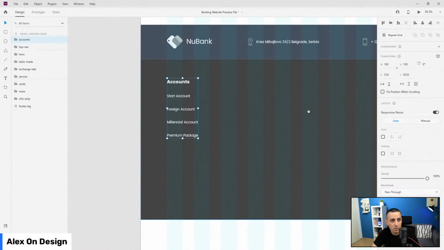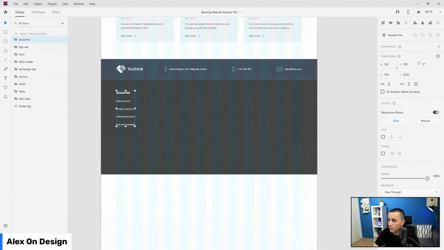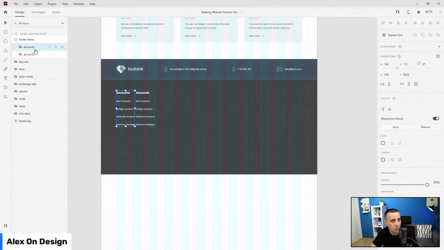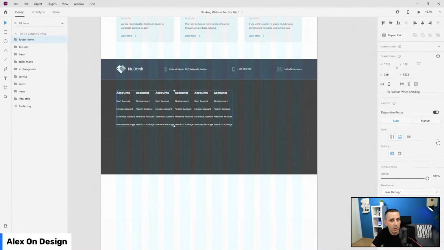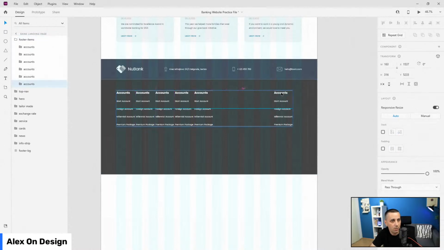And let's see, now I need to create all of them. So 1, 2, 3, 4, 5, 6. I need to have 6 of them in total. So what I can do is group it like this, call it footer items, turn that into a stack and duplicate them. So 1, 2, 3, 4, 5, 6. There we go. And what I can do is uncheck that stack,